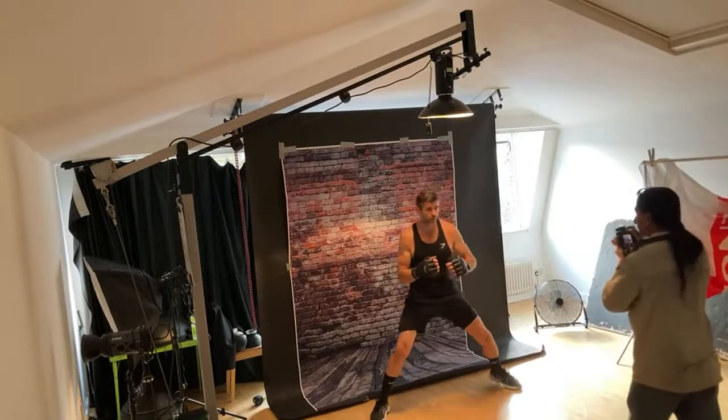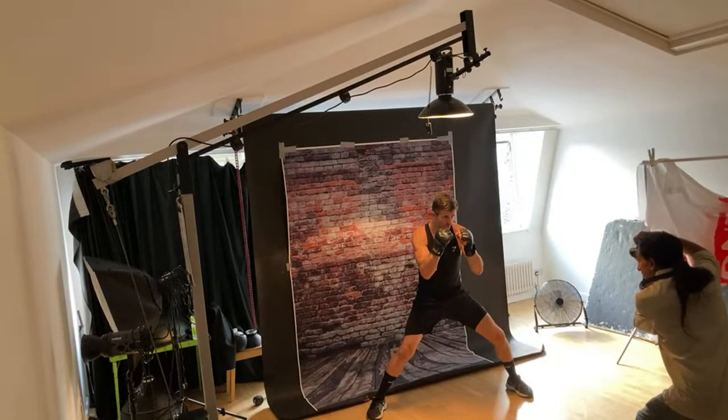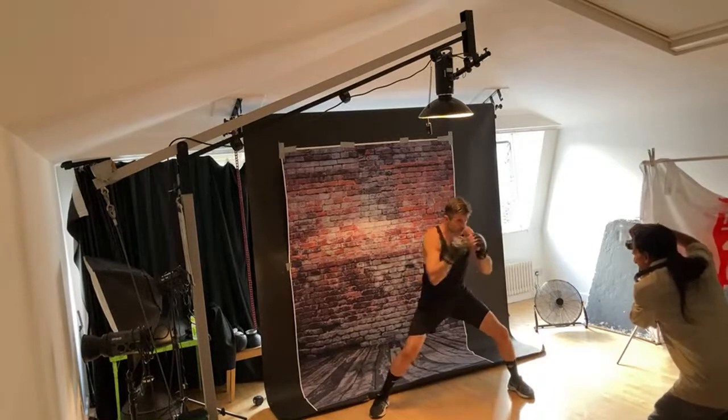So we'll have him with the gloves on. I might even put a little white towel over his head, so his shadow box is moving underneath, just to try and give the effect that he's coming out. And then the next shot after that, we'll probably keep the full black background down, and we'll do some stroboscopic work, which is